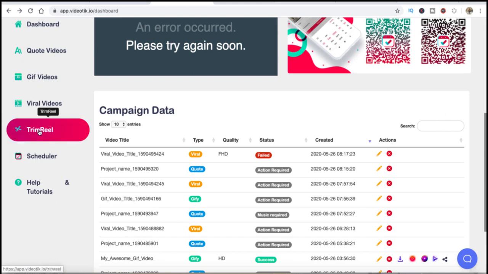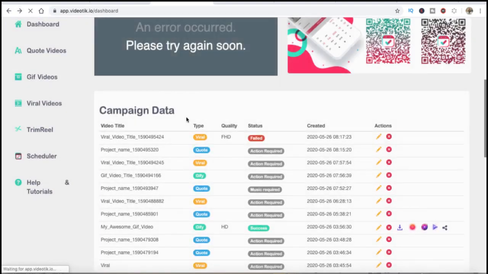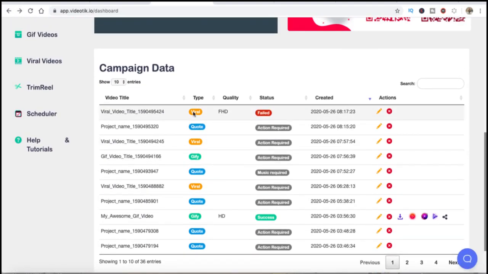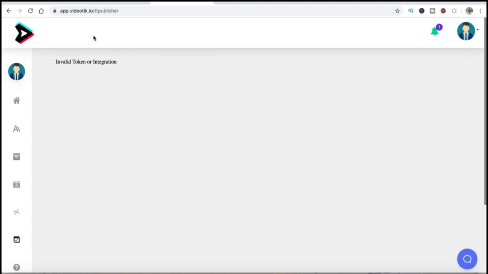Now another thing you can do is it attaches to some form of video editor here that isn't actually working on this particular copy. You say there's an invalid token or integration there. So again, I'm hoping they fix these errors before it actually goes out and gets sold. Now the other thing is there's a scheduler here that is also not working on this particular edition,